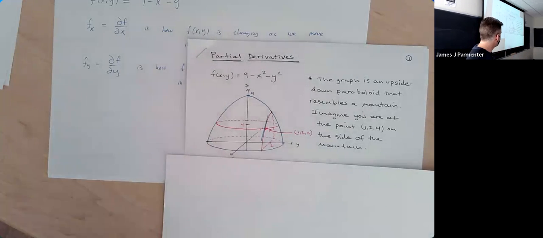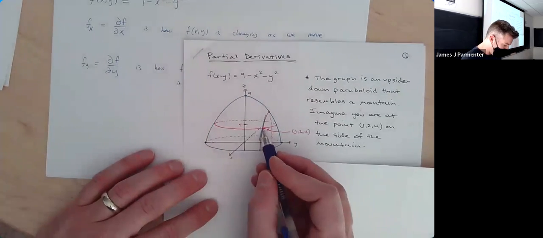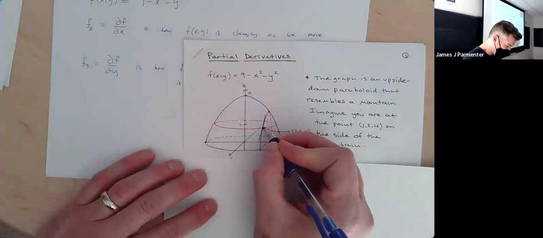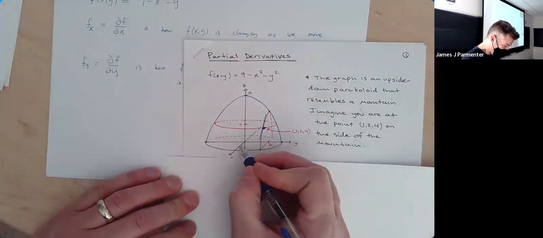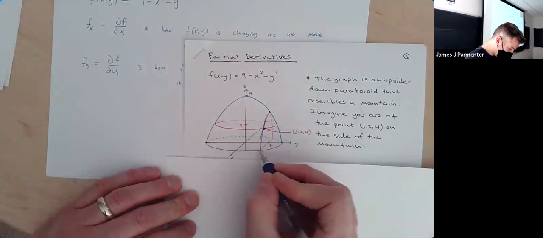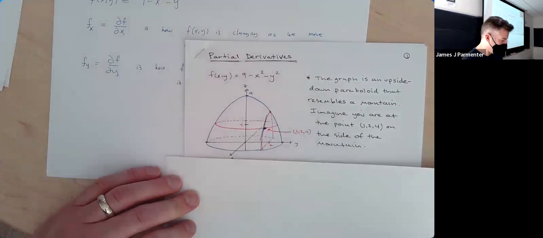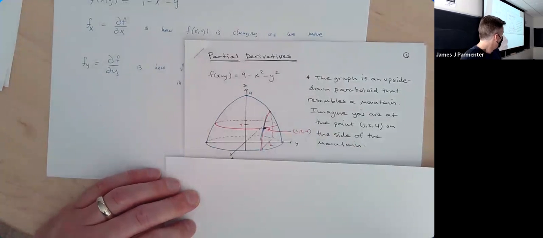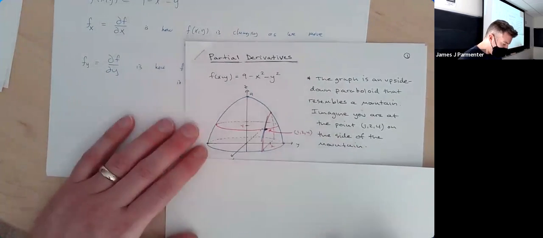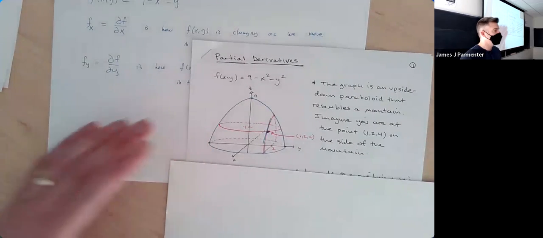It's just a parabola, something that kind of rotates around. And we're going to look specifically at the point (1, 2, 4), which is right here. We've gone out 1, over 2, up 4. So right about there. And so if I look at this, if I'm traveling now, and I should be specific here,